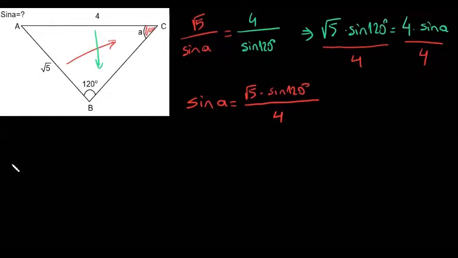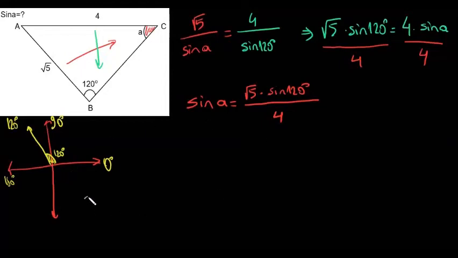Let's remember finding the trigonometric values of non-acute angles. So you see, this is our x-axis and y-axis. 120 will be in the second quadrant, because this is for 0 degrees, this is for 90 degrees. This is going to be 120 degrees, right? So in the second quadrant, because it is 180 degrees, 120 is between 180 and 90. So the measure of this angle is going to be 120 degrees. So sine of